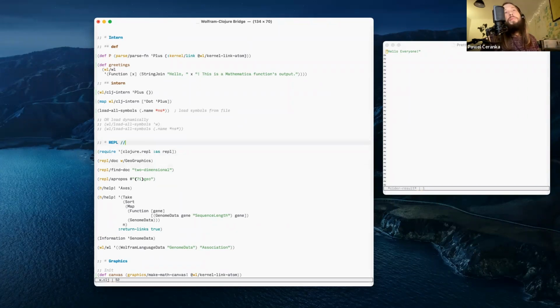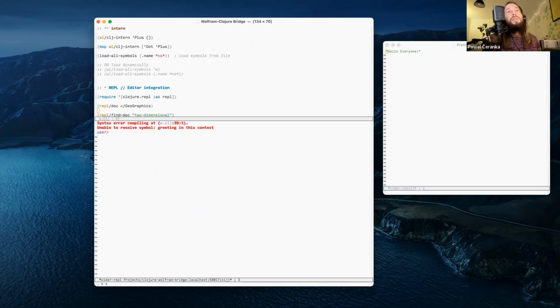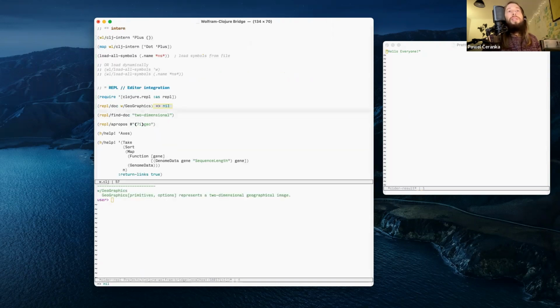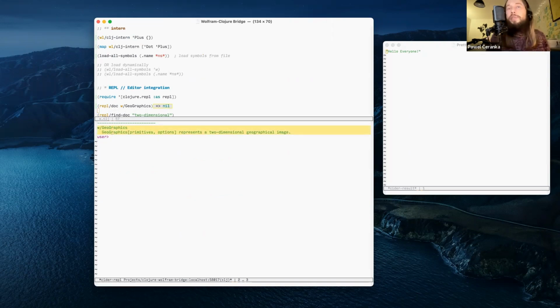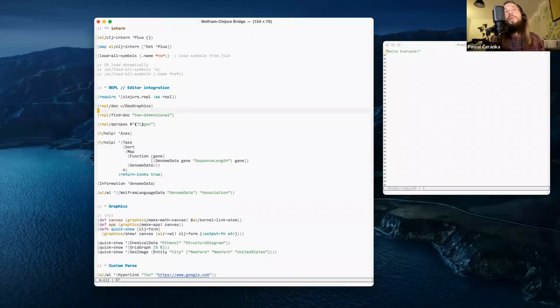So this is about editor integration as well. You can see here a doc string for this function, geographics. Even if I don't know Wolfram language, I can quickly check it out.